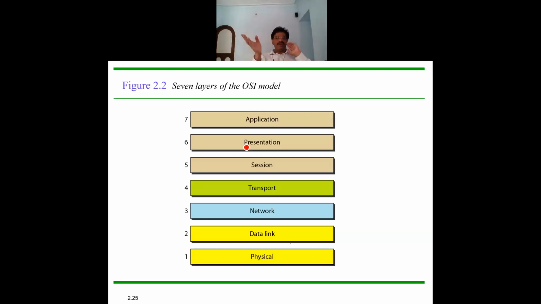So whenever it adds its own header, right from the hierarchical way, from the seventh layer to the lowest layer. Typically the seven layers are application layer, presentation layer, session layer, transport layer, network layer, data link layer, and physical layer, out of which the configuration is divided into top four and lower three, so that the intercommunication in the two terminals